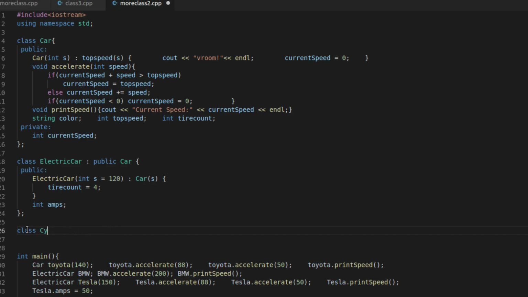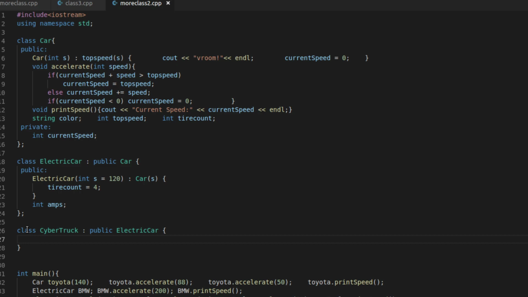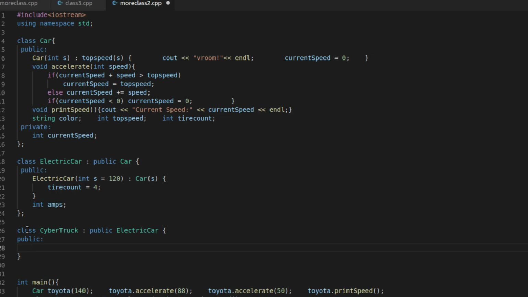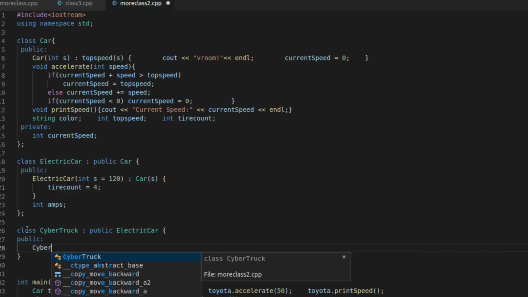We'll say this is a Cybertruck from electric car. So now I'm doing basically inheritance in 2 levels. This is like the grandchild class. This one, again, is a constructor. So we'll say Cybertruck